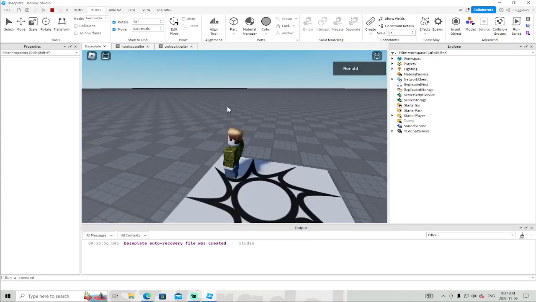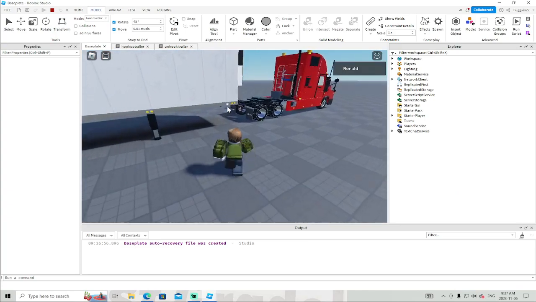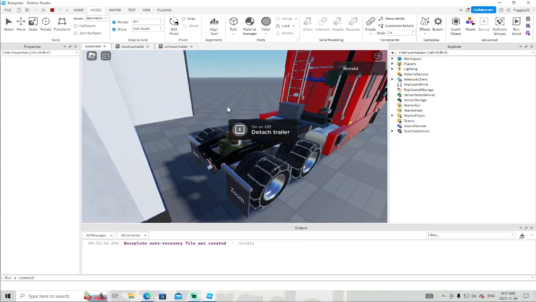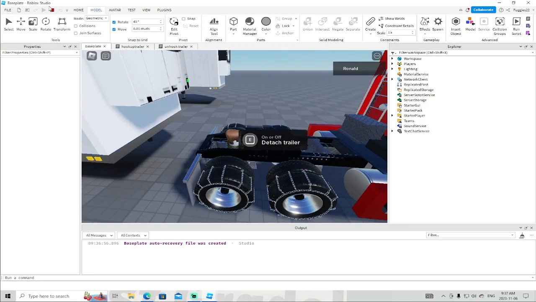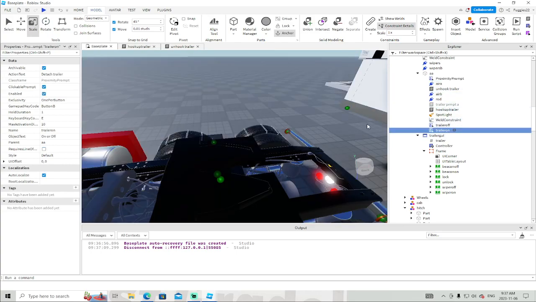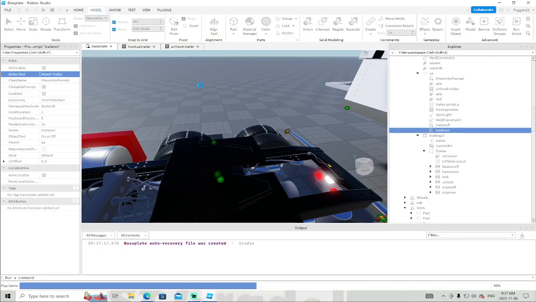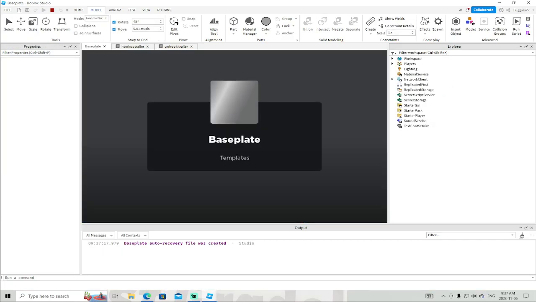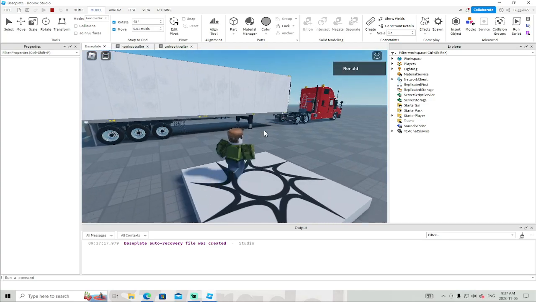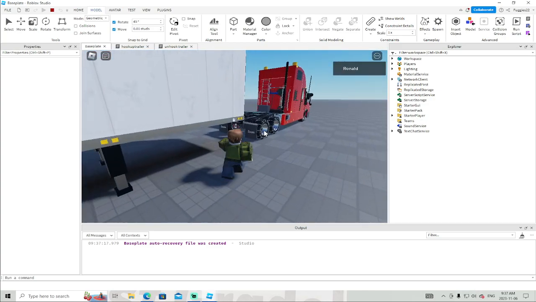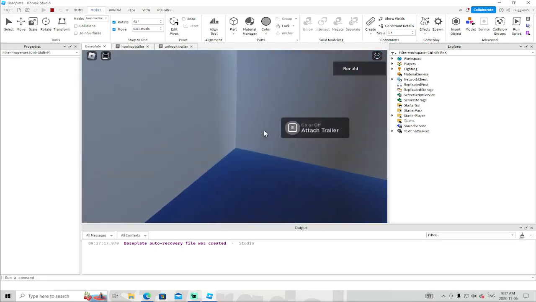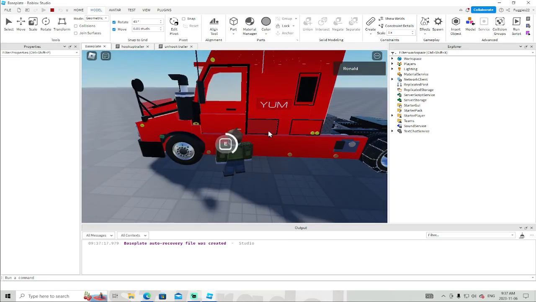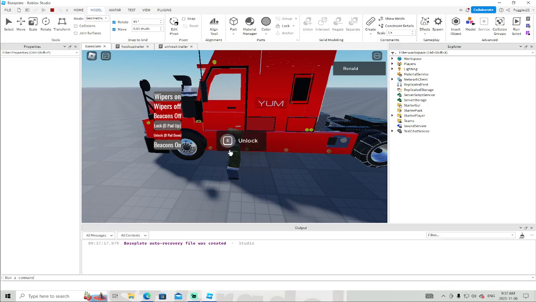Hopefully have line of sight on there. Let's see. We should be able to see it. On or off, detached trailer. Oh, detached trailer. Attached trailer. All right, let's see if that works. There we go. So attached trailer is on. So now what we need to do is make sure that we are